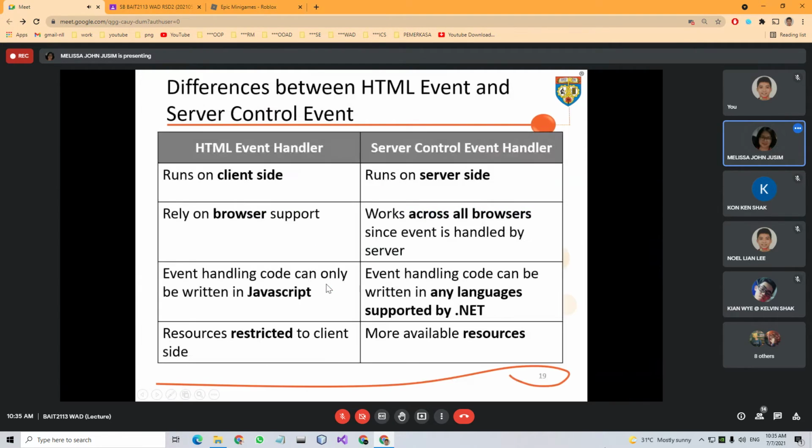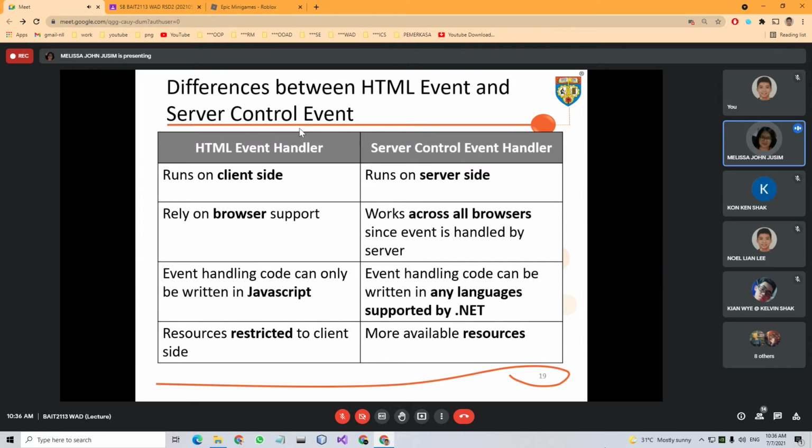What's next? In this slide, we will see the difference between the HTML event and the server control event. Just now Celine answered that there are two major groups of events: the HTML events and the server control event, not forgetting the page event.